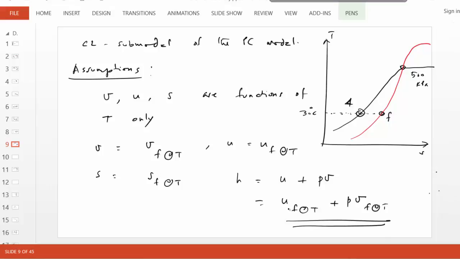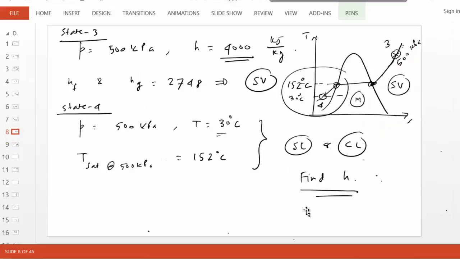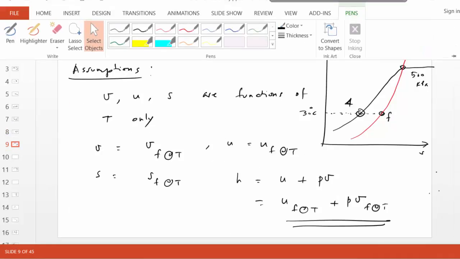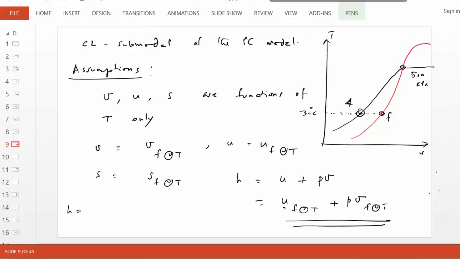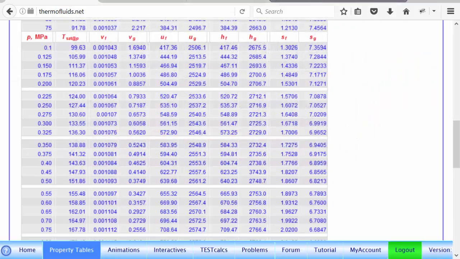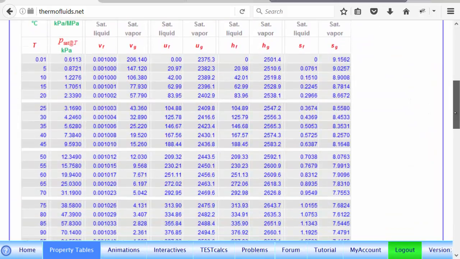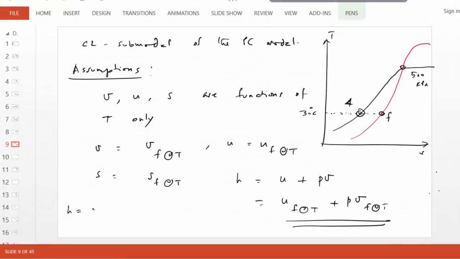So in this particular problem, all you have to do is go to the temperature saturation table. In this particular problem, for instance, the given temperature is 30 degrees Celsius. So the H becomes UF at 30 degrees Celsius, which is, this is a pressure table. Let's go find a temperature saturation table. 30 degrees Celsius is here. So U is given here. UF is 126 about. So it's 126